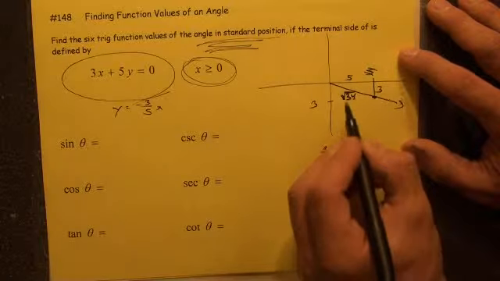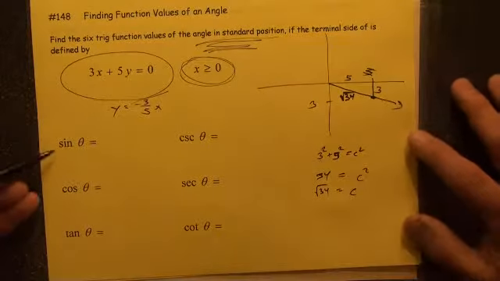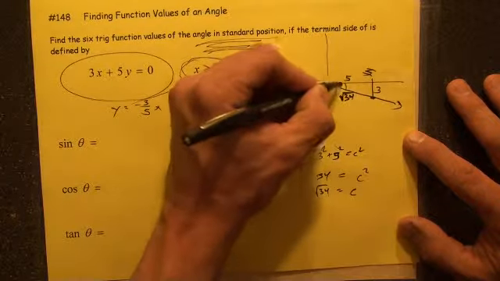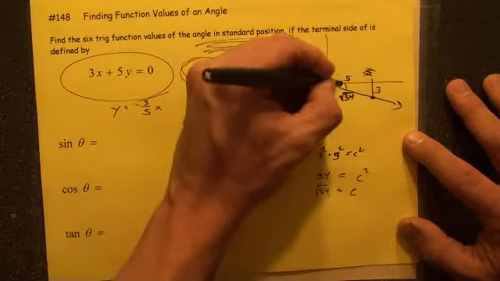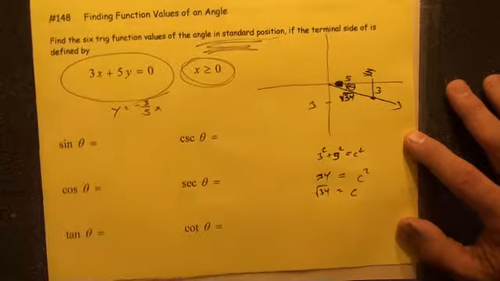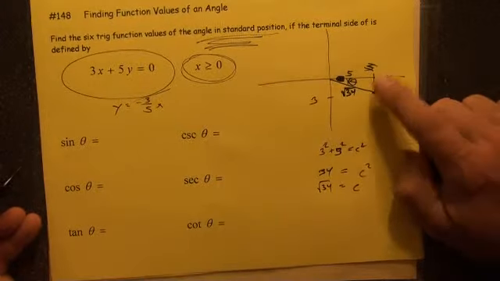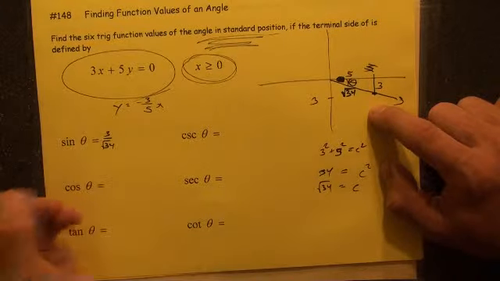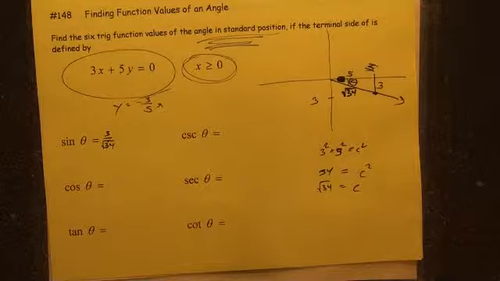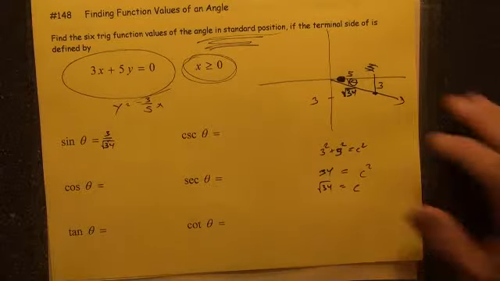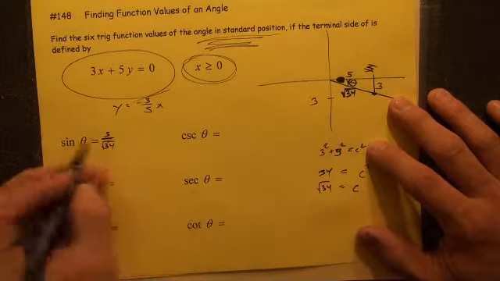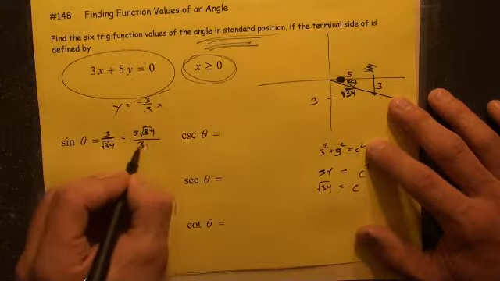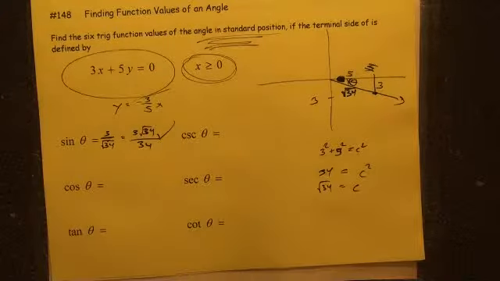We need that hypotenuse because sine is opposite over hypotenuse. Where's theta? Right here. Theta is the reference angle, drawn right in there. Opposite over hypotenuse is going to be 3 over root 34. You may want to take a look at another video on rationalizing the denominator. We're going to multiply by root 34 over itself. That's going to give us 3 root 34 over 34. That's going to be the sine